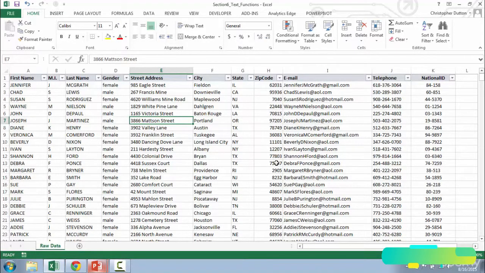I've opened the section 6 text functions Excel file, so go ahead and open that up and follow along. Just one tab here, it's called raw data, and it looks like we've got some names here: gender, address, city, state, zip, email, telephone, and national ID. So we're going to be working exclusively with this one tab and this one file as we work through this